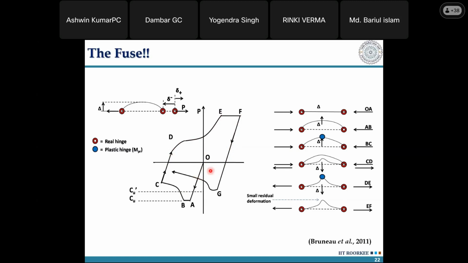So the point is, for the cycle, if the brace buckles at a point A, let's say 40 kilonewton, when it undergoes the second cycle, it approaches a value lower than that 40 kilonewton. And after multiple cycles, it stabilizes. So normally क्या बोलता है कि the code